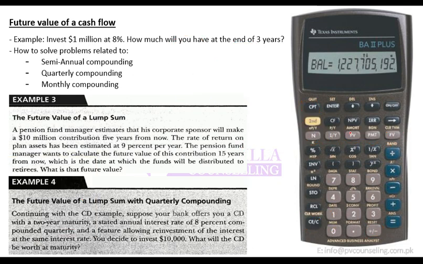Similarly, if you have to calculate present value, you put in all other numbers and compute PV. If you have to calculate rate, you put in all other numbers and compute rate. So these are 4 variables. From these 4 variables, if you have 3 with you, you can find out the 4th easily using your calculator.